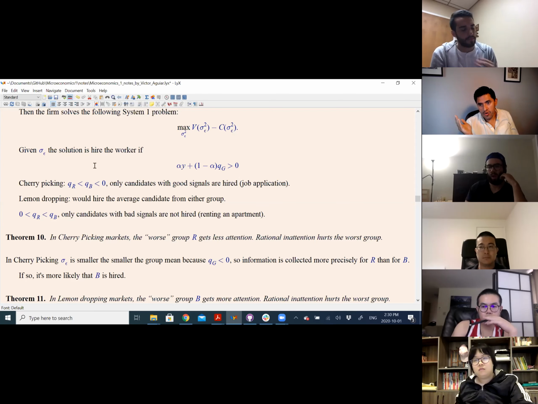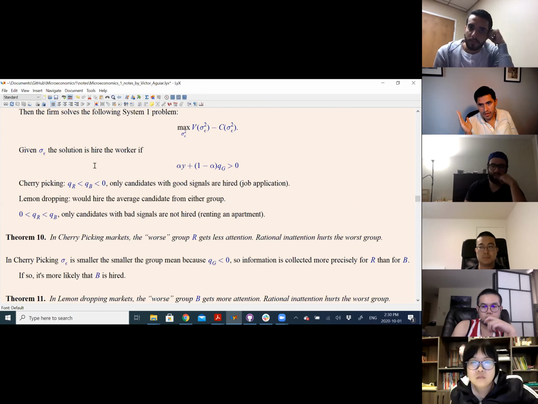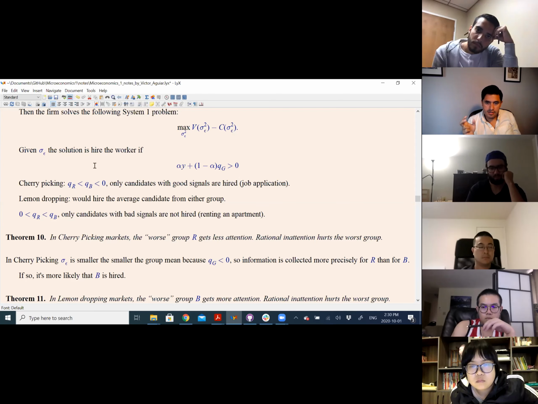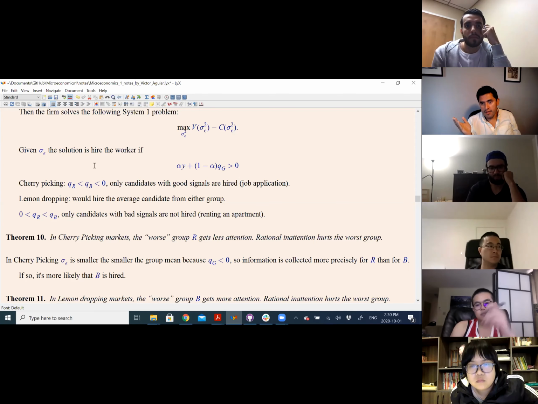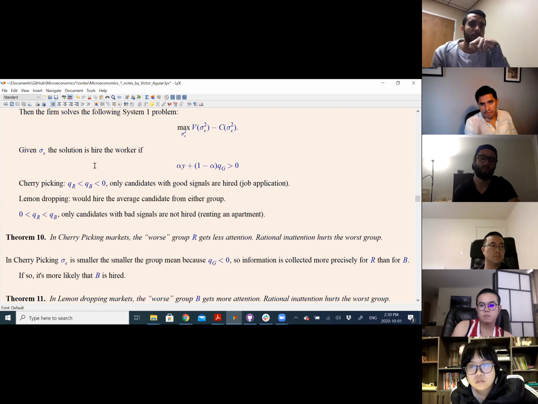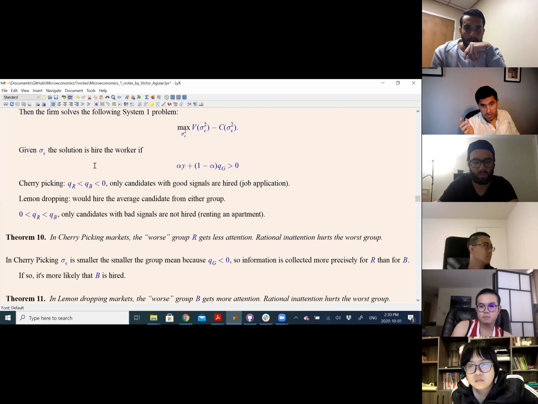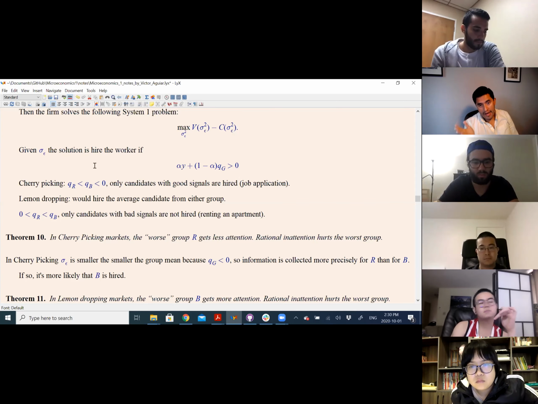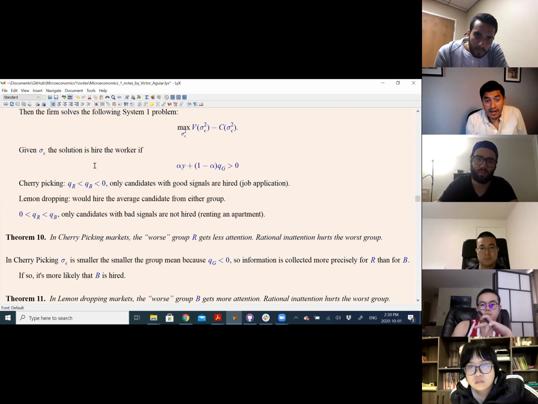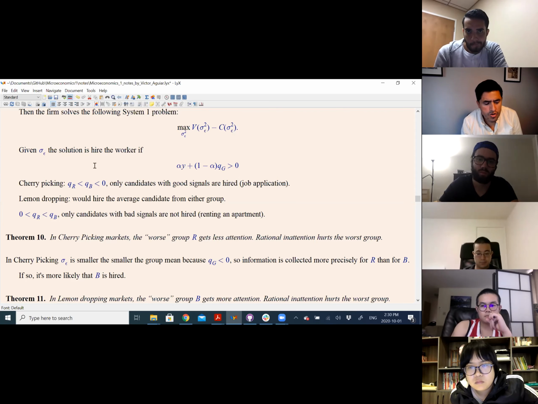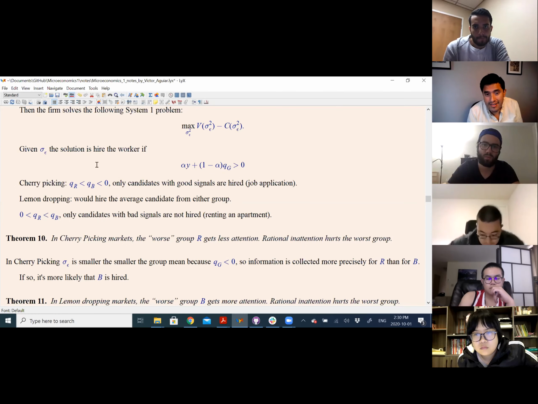So conditioning on the group is completely redundant. The only benefit of knowing the group is when you have imprecision, you have noise, right? Because then you want to condition on the different mean. So the moment there is costly collection of information, you have bias, you become discriminatory, okay? But you see here, this is very interesting, right? Because now, what is the new deal here? So, you know, there is something called statistical discrimination, right?